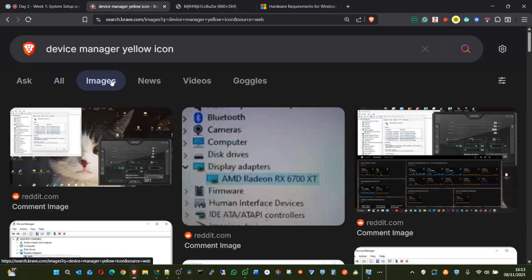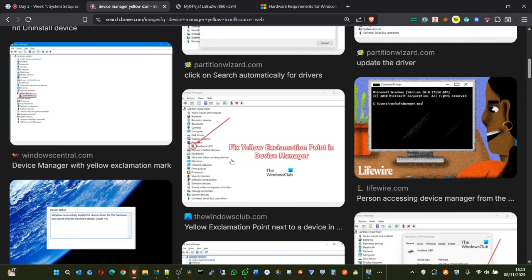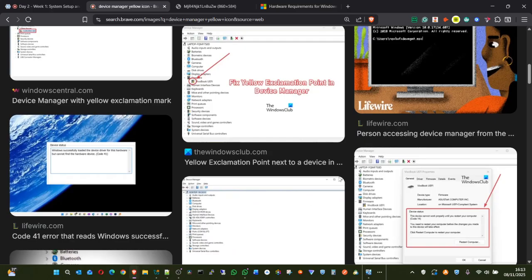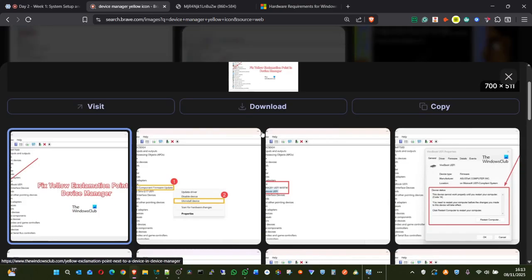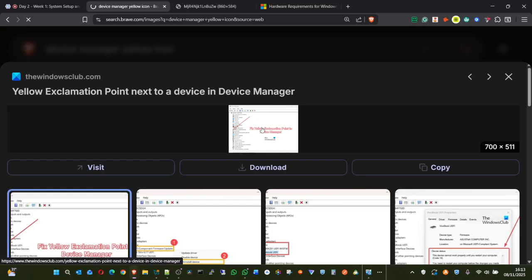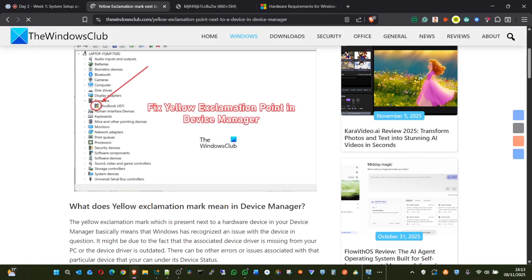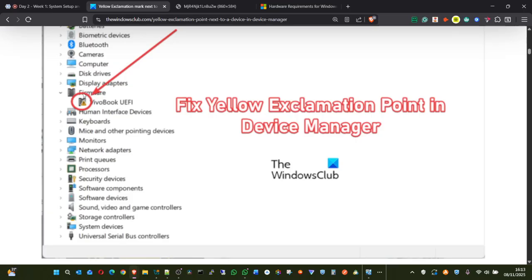If I click on the image, you can see this yellow exclamation icon, showing that there is a problem with this firmware for UEFI, meaning that this computer may not really boot very well.